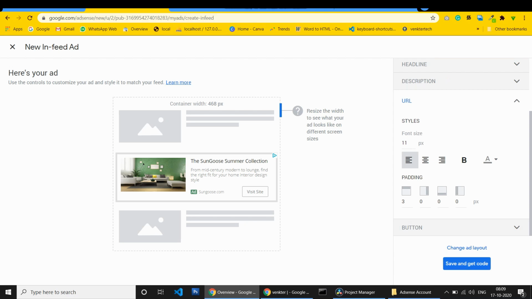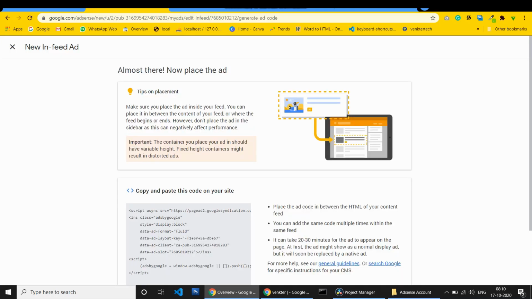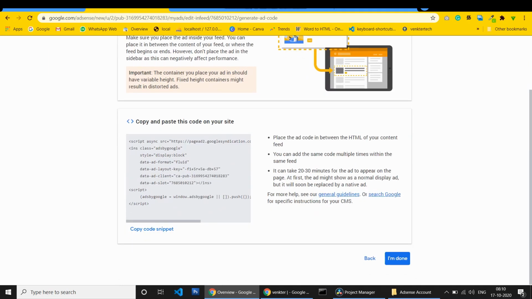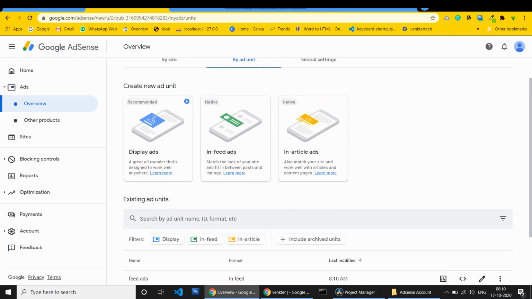I am clicking save and get code. I have to name it feed ads because it's a post feed display advertisement. Here is the code. If you wish, we can paste it. I'm not copying.